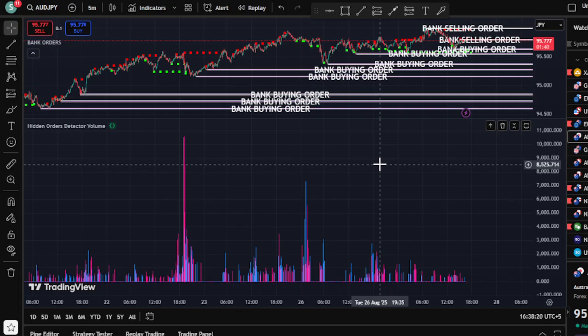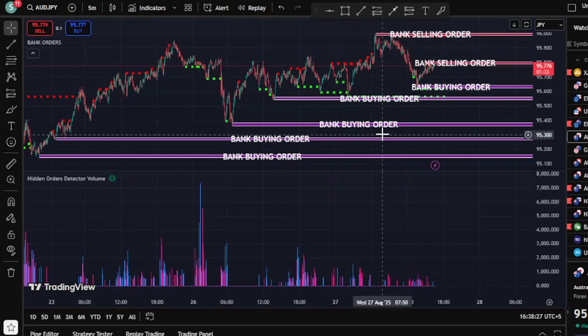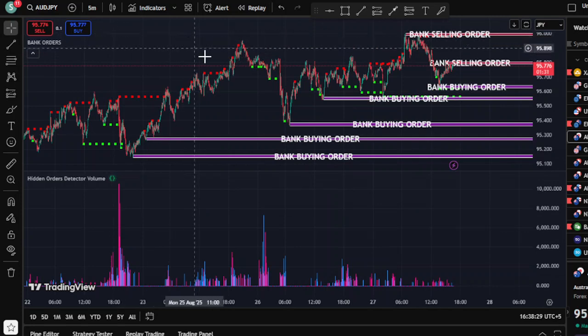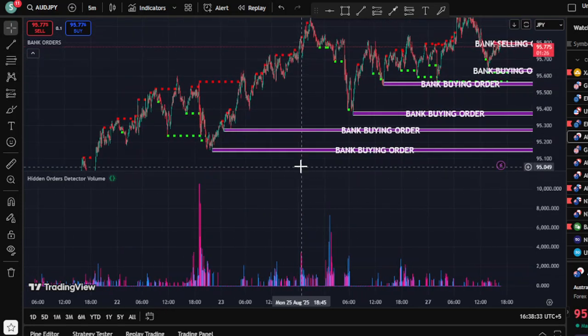There is nothing that works better than this indicator, because it is based on volume and other features. Now I will review this indicator, and you will be surprised at how the market is actually functioning as per this indicator.